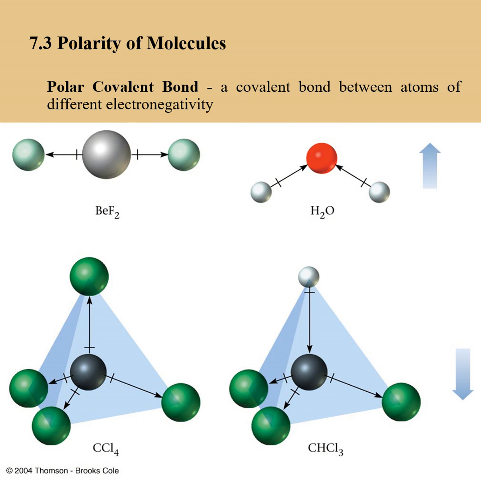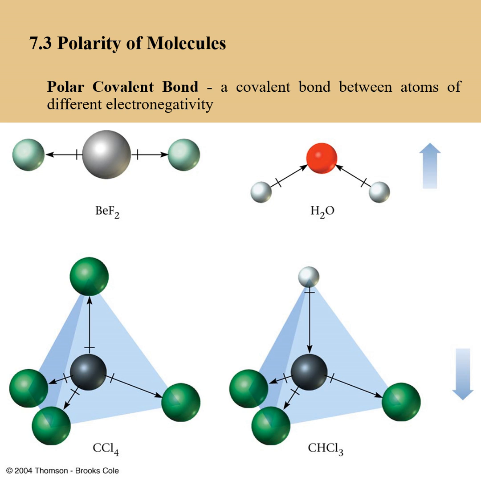And here we can see a few examples. The one on top, beryllium difluoride. The atom in the middle is beryllium, which is way less electronegative than the two fluorines. And so do note we have these arrows with a plus on one end. What we see with this convention is the arrow points towards the more electronegative element, or essentially it points towards the negative side. So in that bond, we have the greater amount of electrons on the fluorine sides and the lesser amount on the beryllium side. So essentially the positive lines up with the positive end, and the arrow points towards the negative end of that